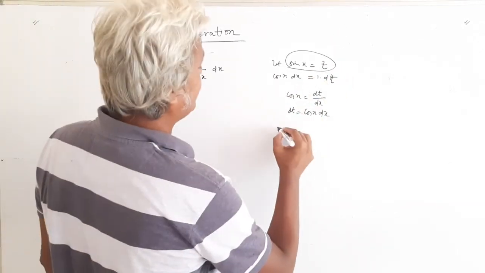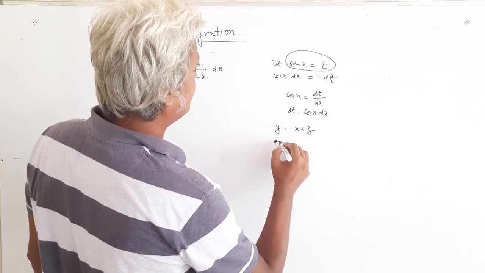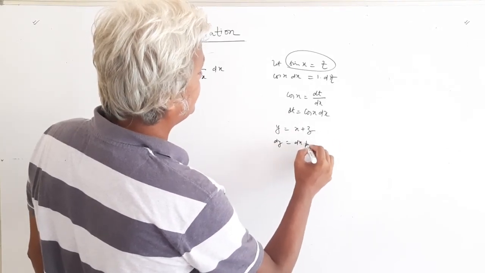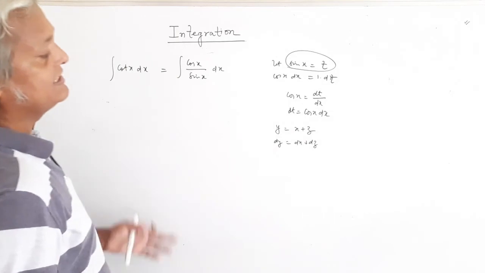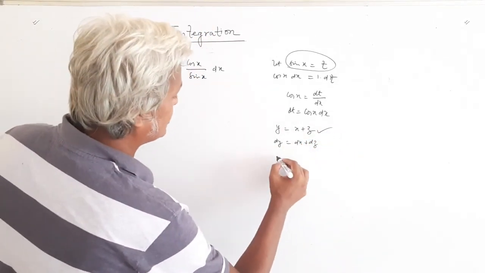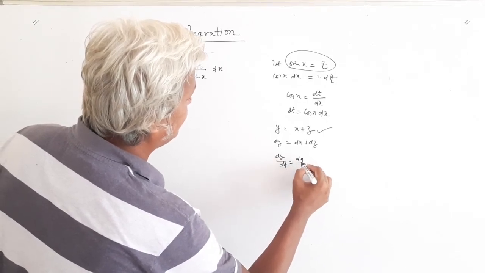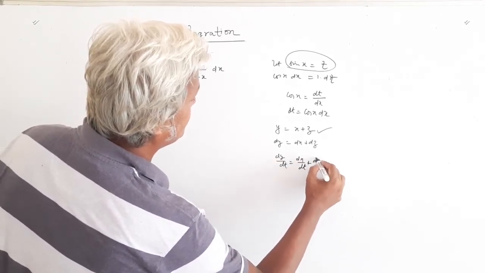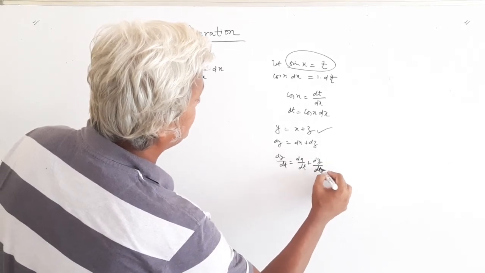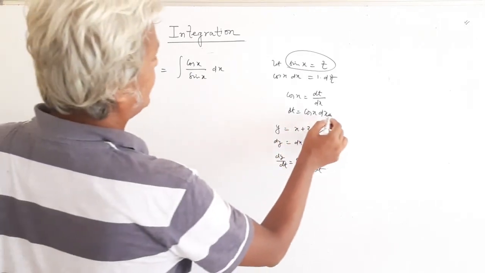Like suppose you have y equal to x plus z, so you can have dy equal to dx plus dz. In the very same way, when you are differentiating this all with respect to t, dy by dt is dx over dt plus dz over dt. So same way we can write here, our idea is that we have to find cos x